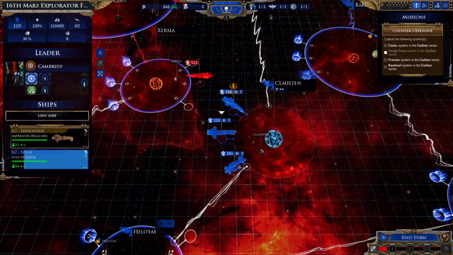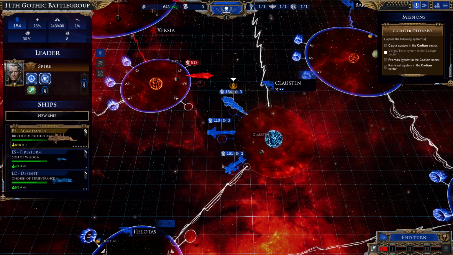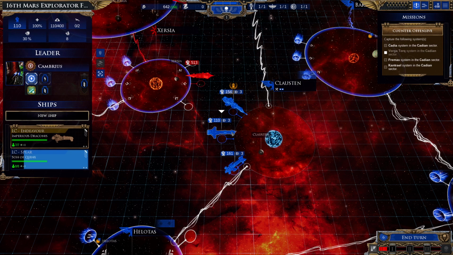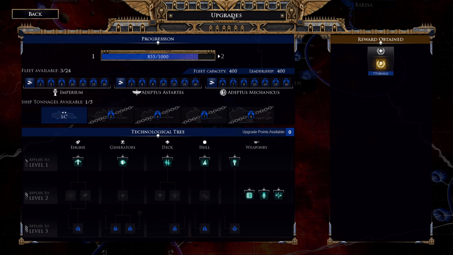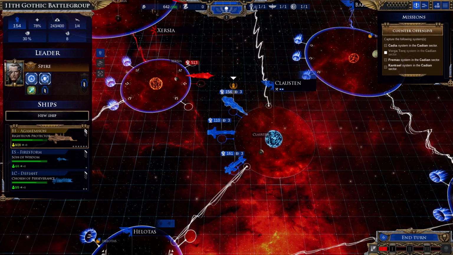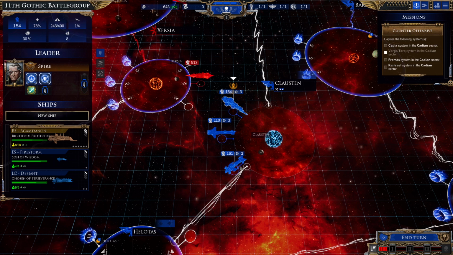Looks like 2 more turns before you're repaired. We will wait for it. Now, we could rebuild the Defiant that we lost, or... I mean, in theory... Wait, what is our... Yeah, our fleet capacity and our leadership is still 400, which means we can't actually bring a lot of ships. Like, we couldn't even bring 3...